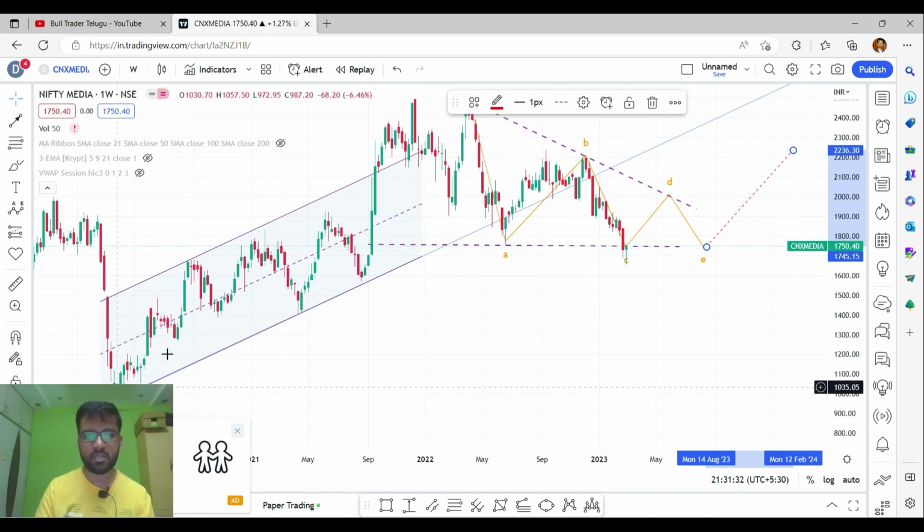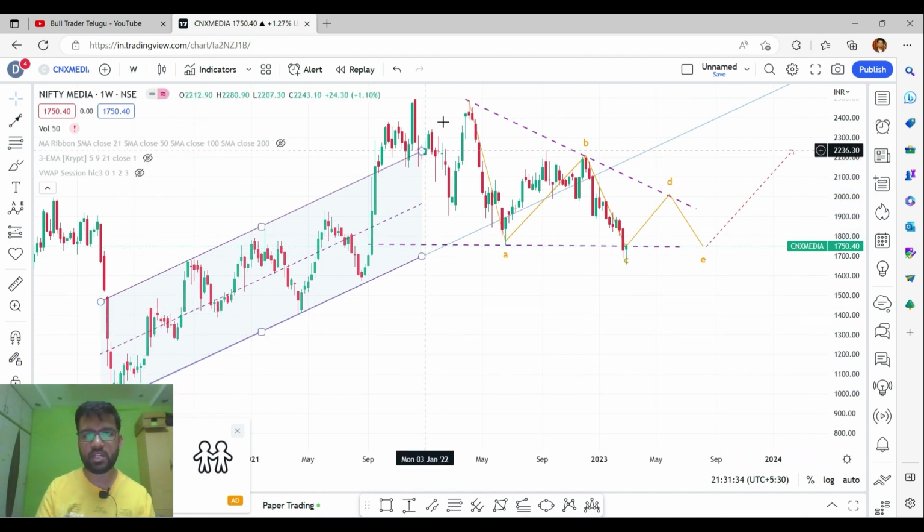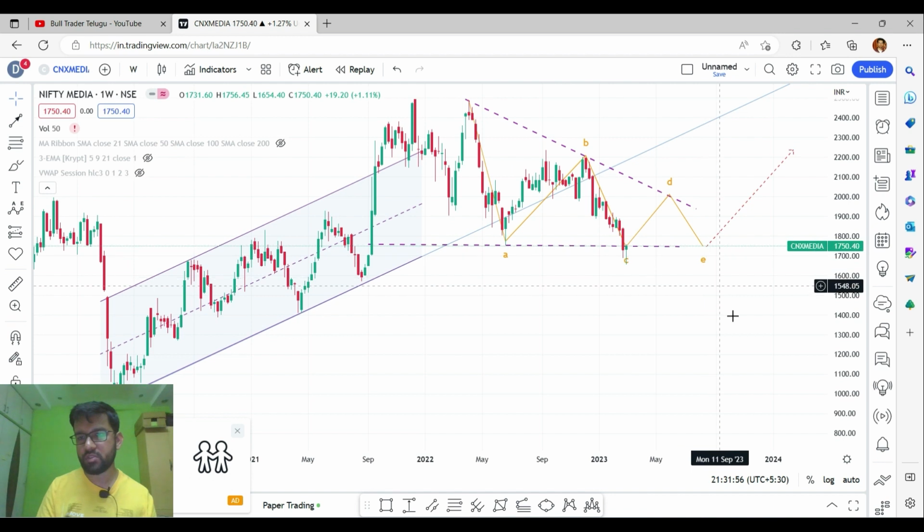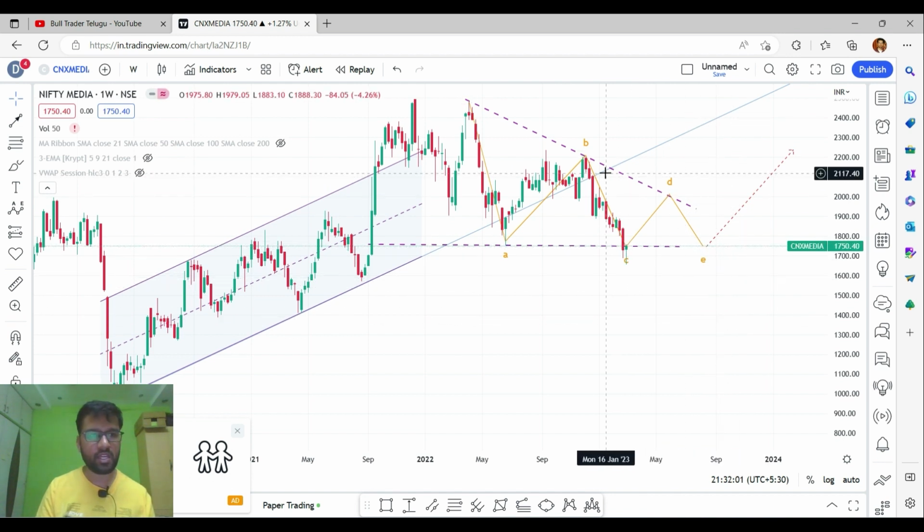Because the market has entered the descending triangle pattern from the lower levels, we need to start our wave count from this highest point, from this to downside A, B, C, D, E, and from this lowest point the market can give a breakout to the upside. Most of the time many people will think that because the market is trading in a descending triangle pattern, the market has to give a breakout towards the downside, but this is not correct all the time. And if the market gives a false breakout in the descending triangle pattern, it works very well, and